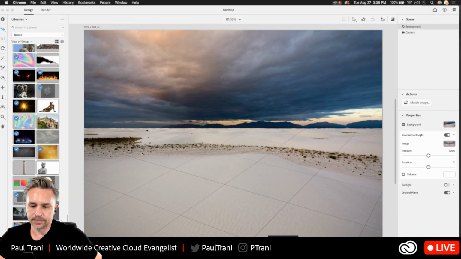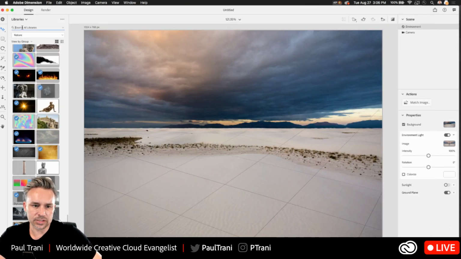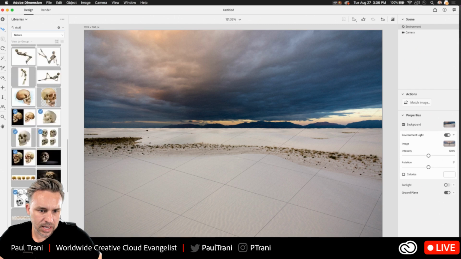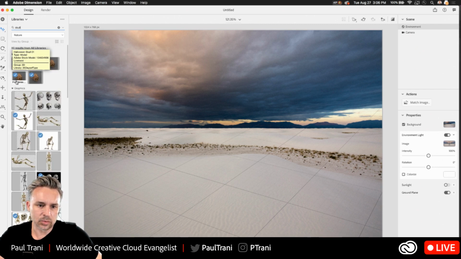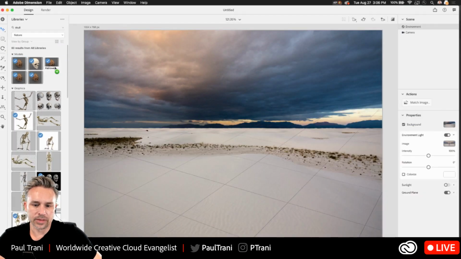Okay, just so you know, Stock makes it even easier. So here I've actually saved to my library this skull, by the way. I have a couple skulls and a skeleton. So I can just search in skull. Let's find that skull. That happens to be 3D right up here. I actually have it in a couple different libraries, but with this one I can drop in